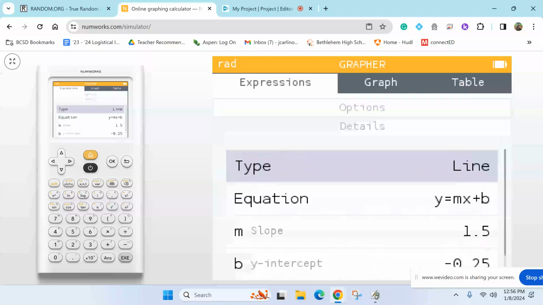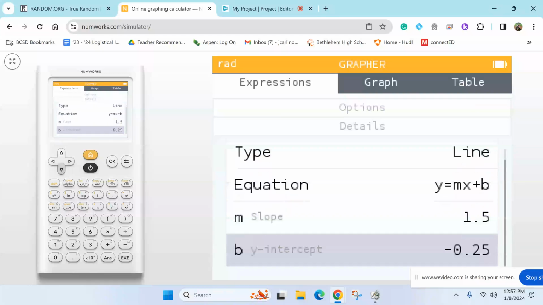Watch these details. It'll tell you the slope and the y-intercept already. So you just got y equals 1.5x. It'll put it in y equals form for you. That's what they're doing for you right here. It'll put it in y equals form for you. So y equals,